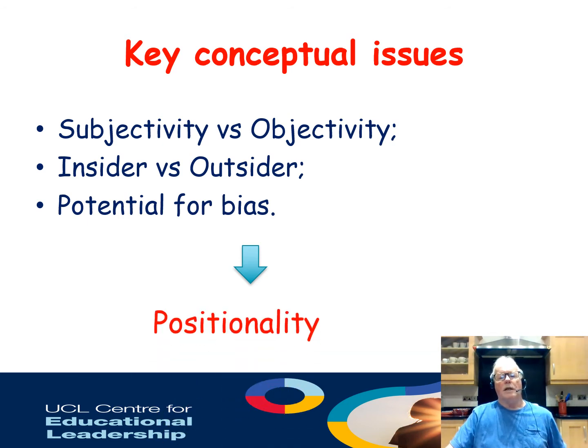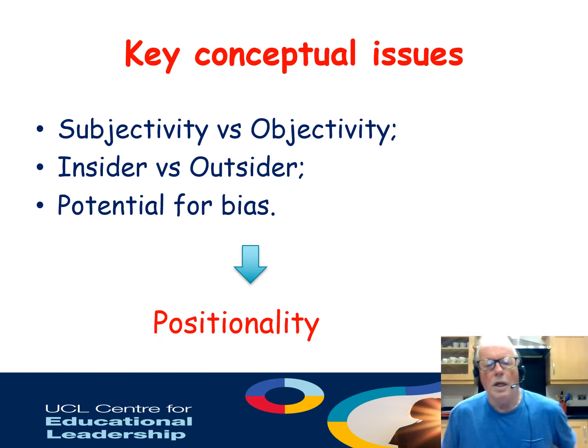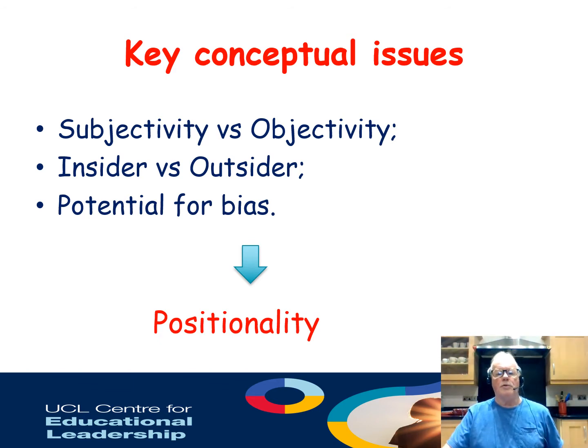So that collectively together is called positionality. And this is where you describe yourself as the researcher and the way in which you could influence the data, both in collecting it and in interpreting it. And then finally, with the positionality, we've got to find a way in which you can say what you've done to reduce the influence you have on that data.